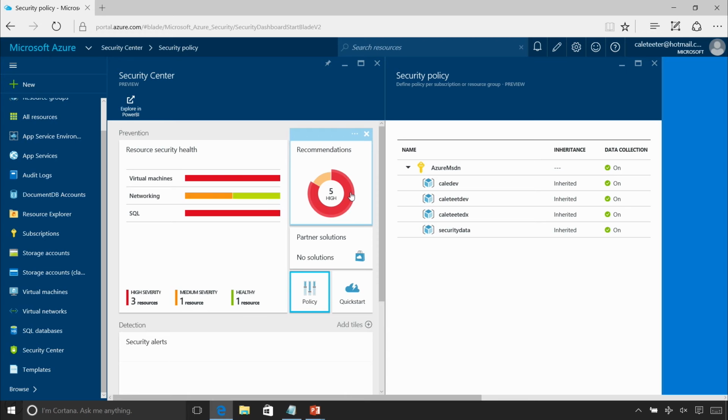Once I set this policy up, if your DevOps team or whoever's managing your infrastructure start spinning up a bunch of VMs, they don't have to add a bunch of stuff to their scripts to make sure we install these other pieces so we can maintain control of it. This is a policy you can put at a higher level of your subscription so that the security admins know for sure that things are being monitored from a security sense.